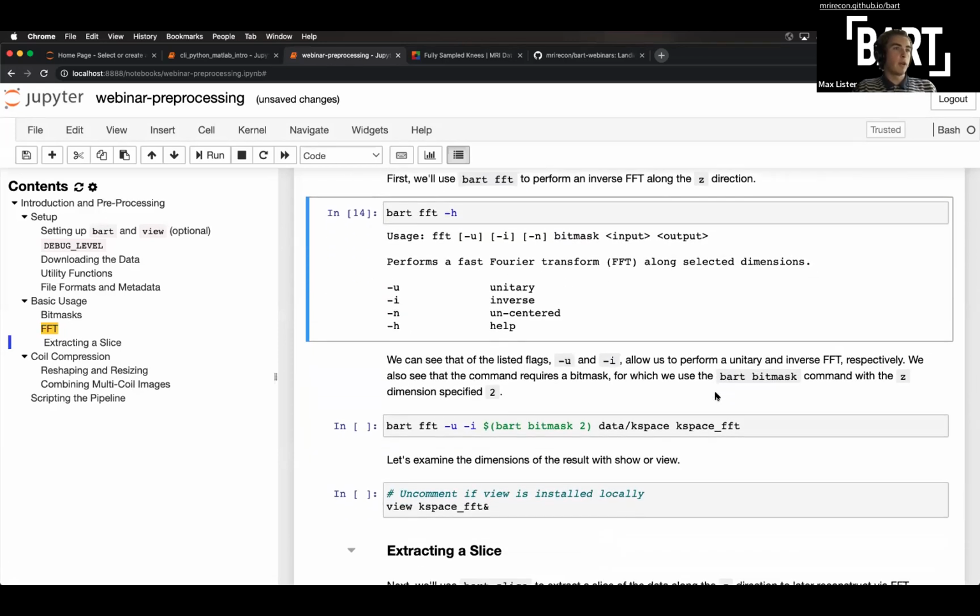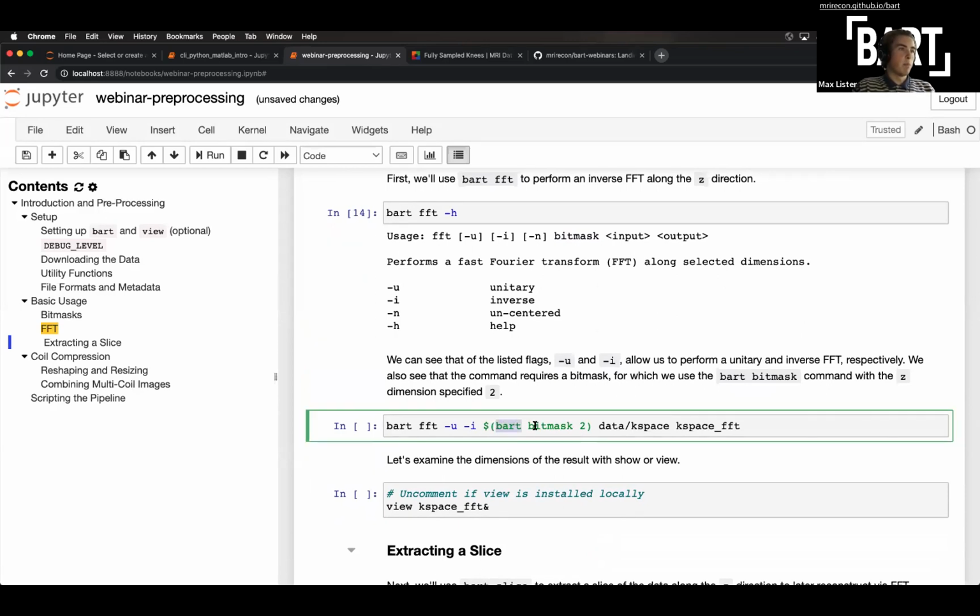So first, we're going to be applying an inverse unitary FFT along the Z dimension. In order to do that, we're going to use BART bitmask to calculate the bitmask that specifies dimension 2. For those who might be unfamiliar with Bash, I'm using this